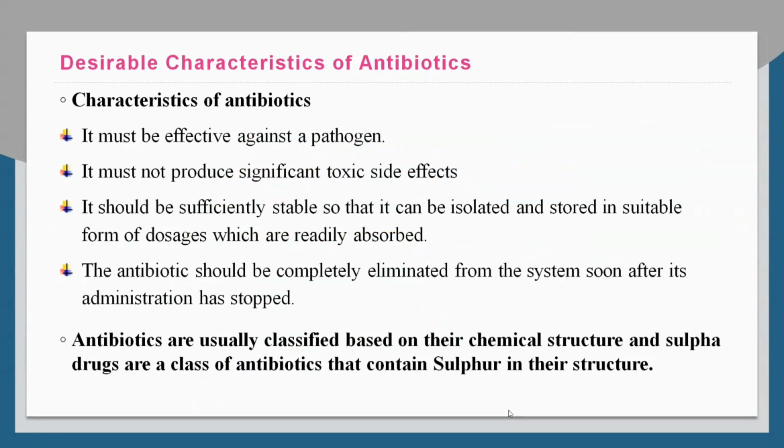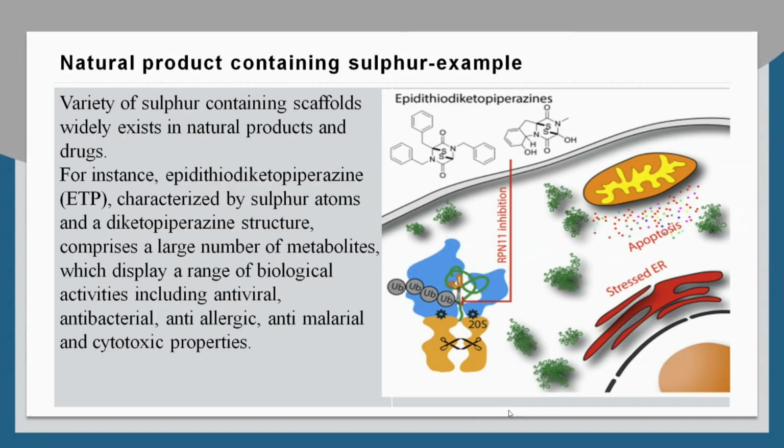Antibiotics are usually classified based on their chemical structure, and sulfur drugs are a class of antibiotics that contain sulfur in their structure. So, this is an example of a natural product containing sulfur. A variety of sulfur-containing scaffolds widely exist in natural products and drugs. For instance, epidithiodiketopiperazine, also called ETP, is characterized by sulfur atoms, and